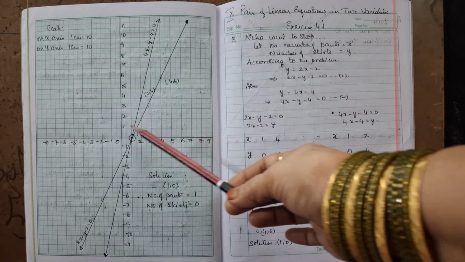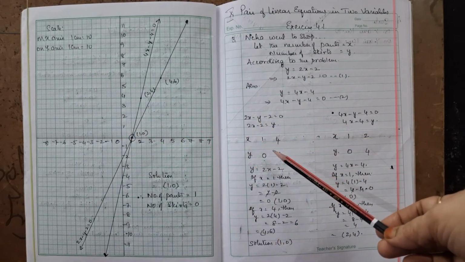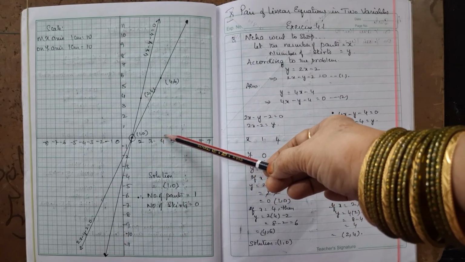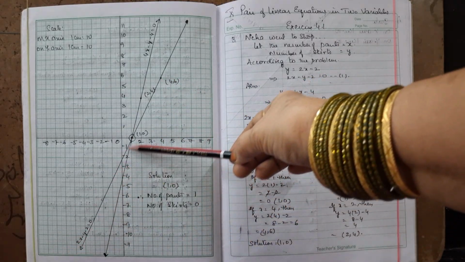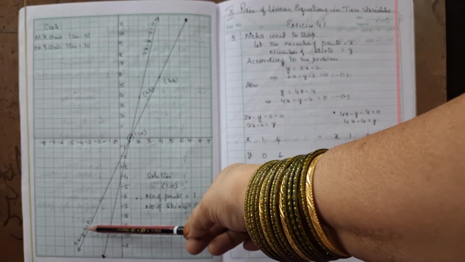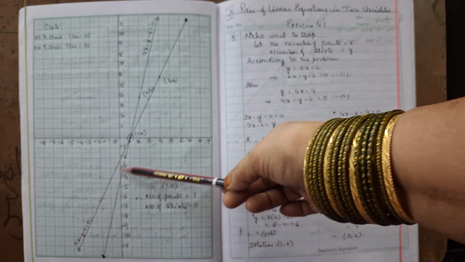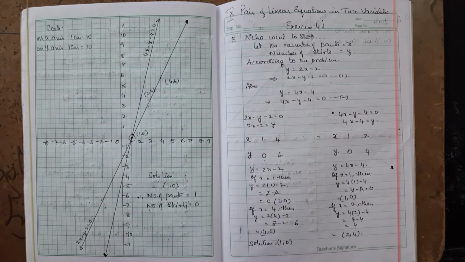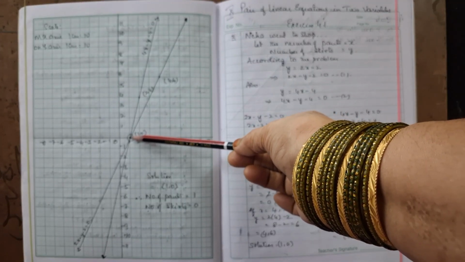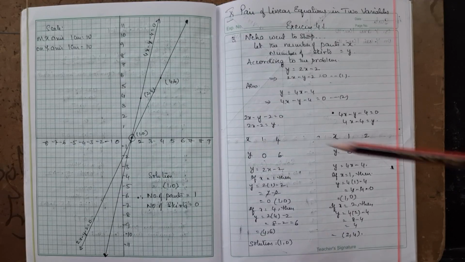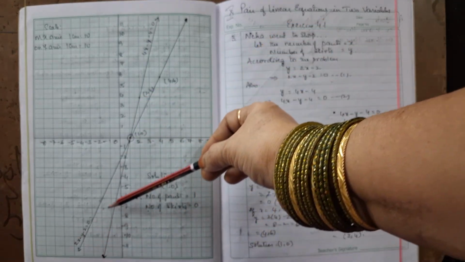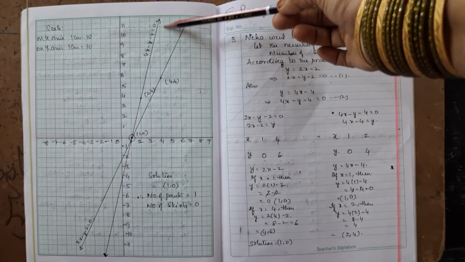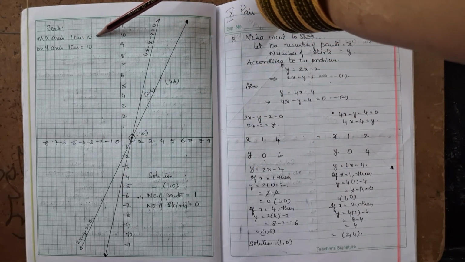So first 1 comma 0, this is the point 1 comma 0. Next 4 comma 6, this is 4 and 6 here. So this is the line that I have got. 2x minus y minus 2 is equal to 0 is the equation for which I have got this line. Next 1 comma 0, again the second equation also has 1 comma 0 and 2 comma 4. This is 2 and this is 4. So this is the line that I have got. The scale I have taken is 1 centimeter is 1 unit on